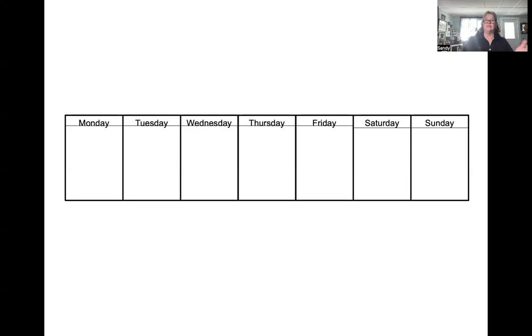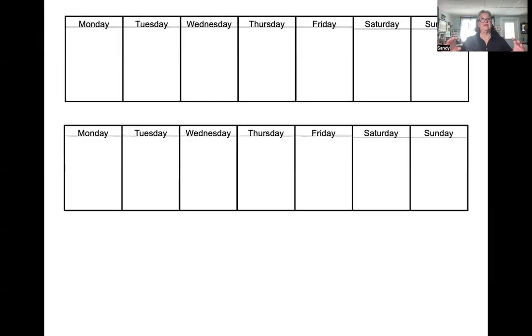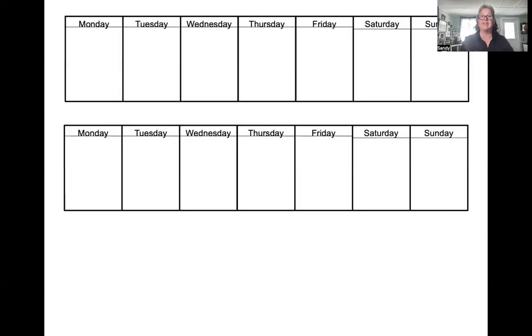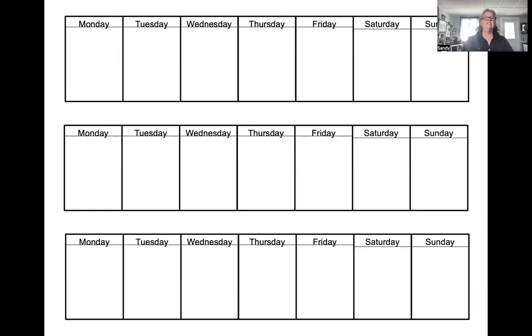So I might have a second version. And I put up now, if you think about the center one as this week, I'm going to keep last week's handy. So now we start to do the same idea that we did with today and yesterday and tomorrow. I can do with this week, last week, and next week. This is a way we can also preview special events that are coming. If the children are going on a field trip, or they have some special program, or there's a special field day or a music idea, it's a way they can preview it or revisit it, remind themselves. And again, last week, this week, next week.